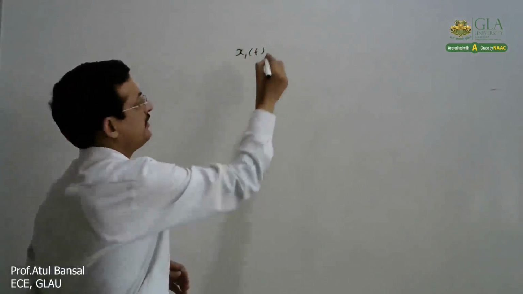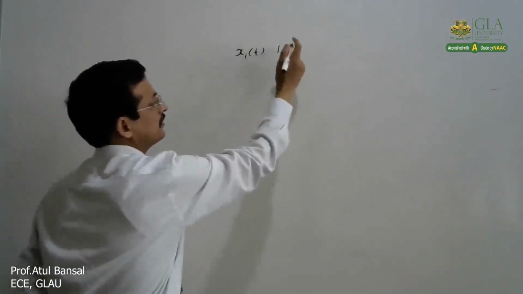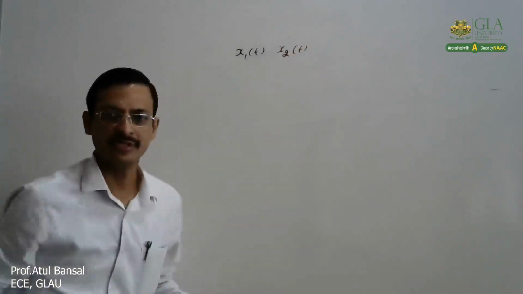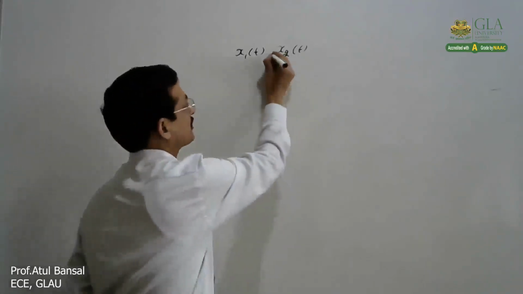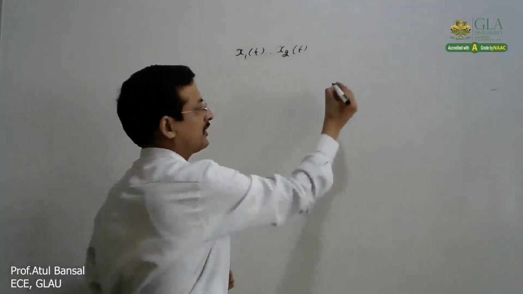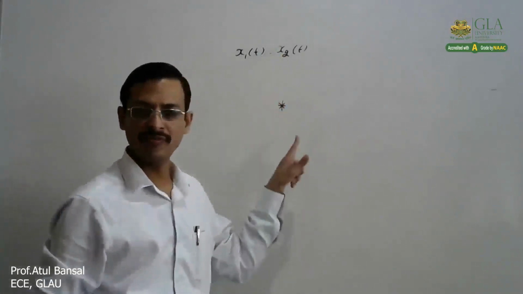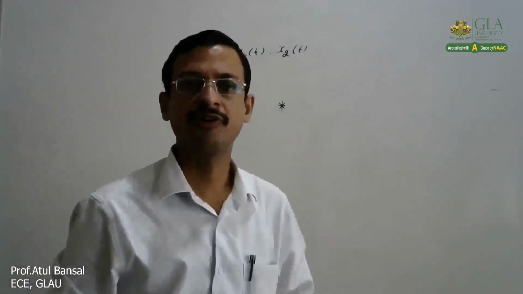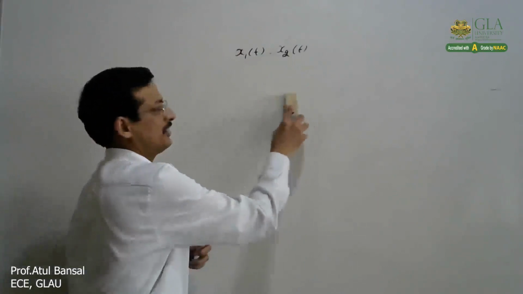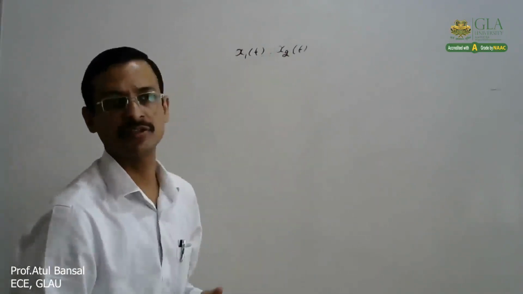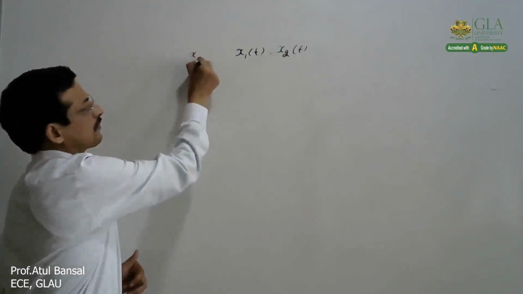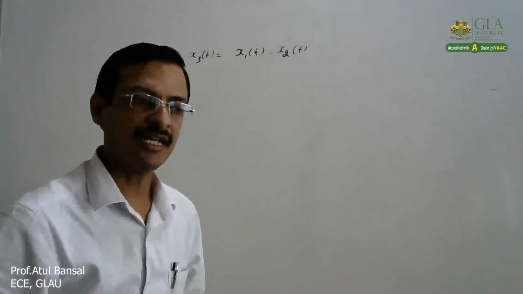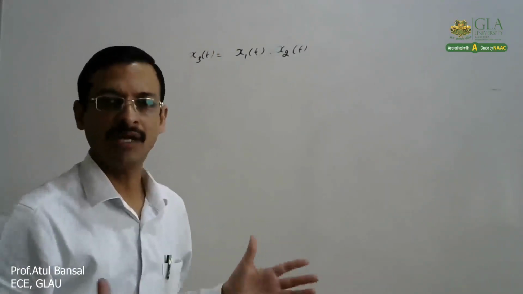Suppose we have two signals, x1t and x2t. Here, for the multiplication, we are putting up the dot sign. Remember that. I am not putting the asterisk sign because we will discuss in the later videos that this represents convolution in signals and systems, and that has a different meaning. So that we will take up later on. But here it is simply the multiplication of two signals. So it is similar to addition. The only thing is where at every instant the amplitude was getting added up, here it will get multiplied.